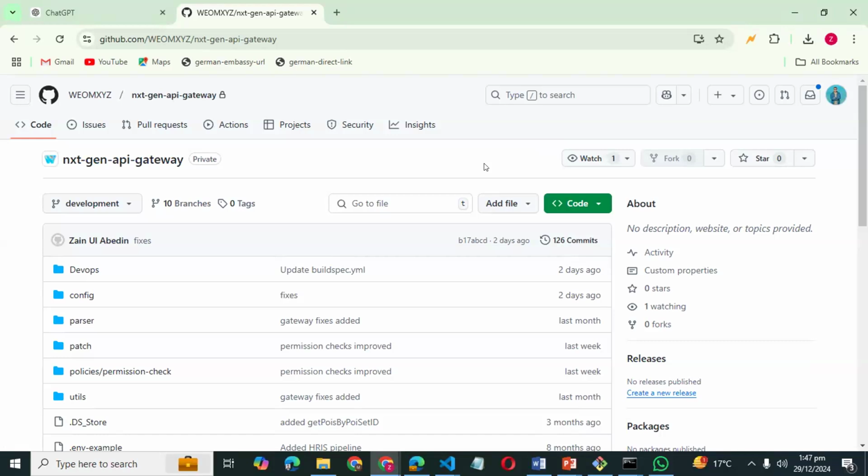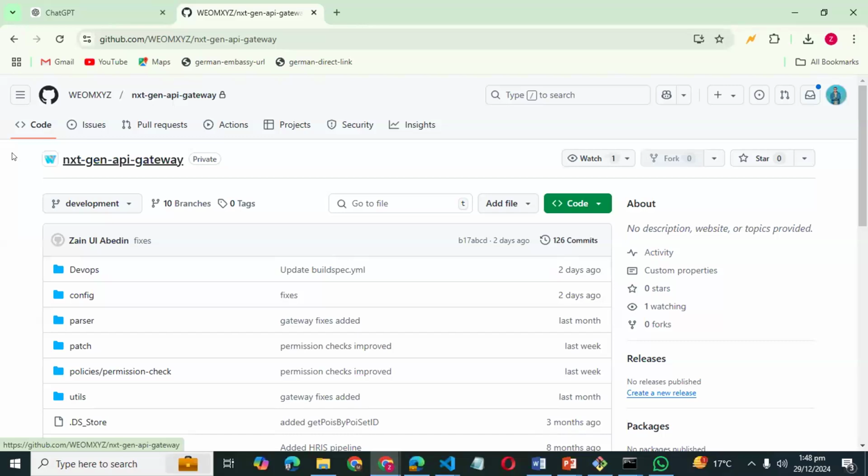So basically, whenever you want to copy the repository into your local machine, you have to run the command git space clone, and after clone, you have to paste the URL of your GitHub repository, right? You fetch this URL by going to the repository that you have created.